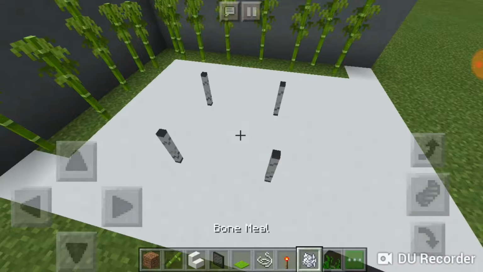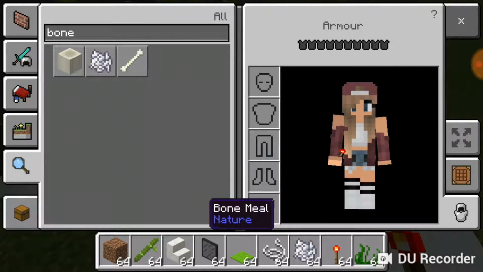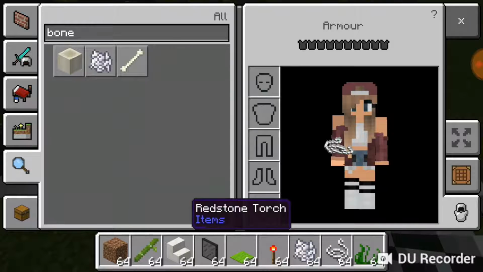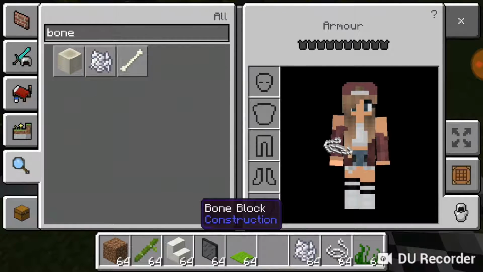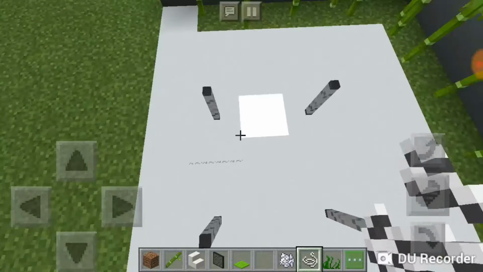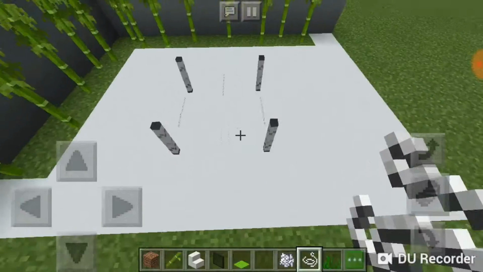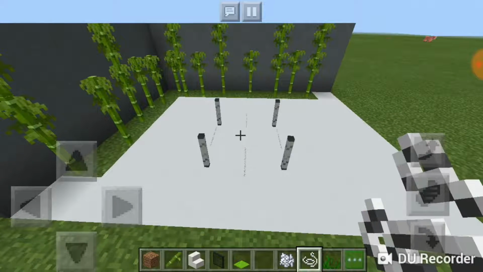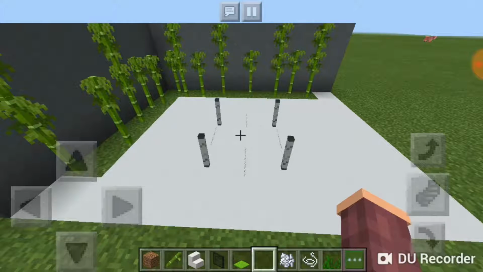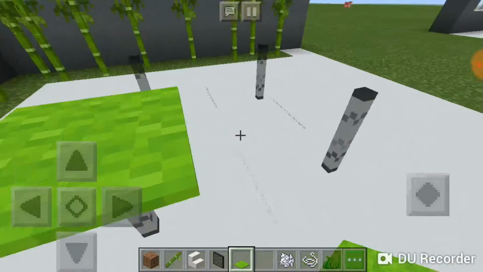Then you're going to grab your string. I don't know why the redstone torches are in that. Okay, never mind. So here you're going to place your strings like that on the white concrete. Once you've done this, you're going to fill in this with